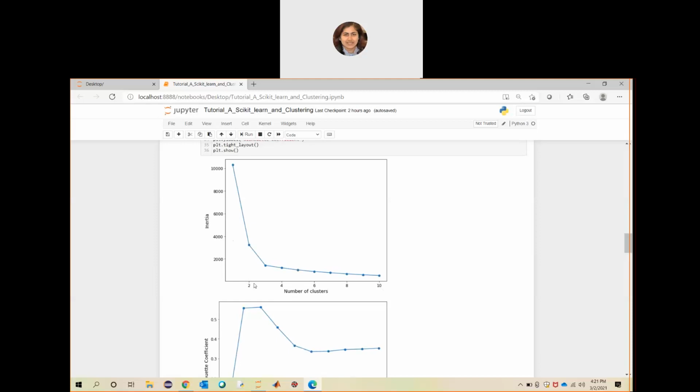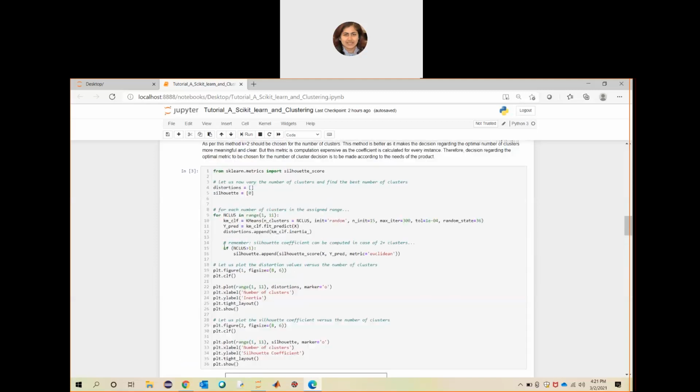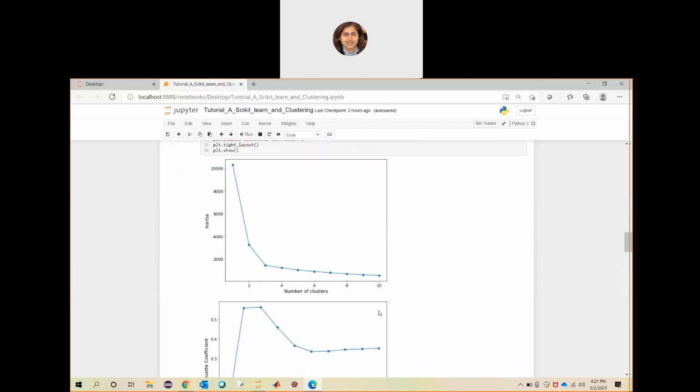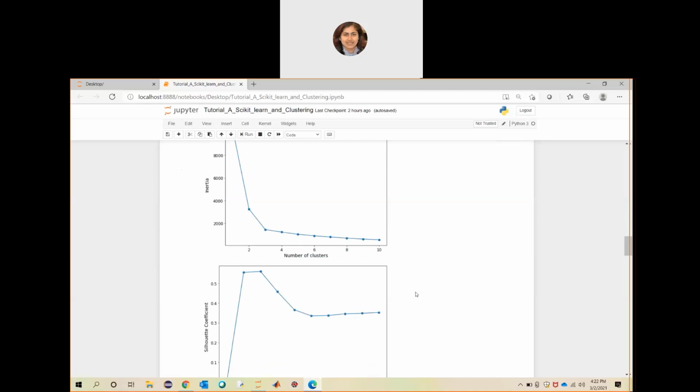Okay. So for the first x-axis value 2, the inertia value is somewhere in between, I think it will be 3000 something. And then for 4, it is less than 2000. So like this, the plot will give you a measure to understand what distortion values you are getting. Then in the same way, this code is similar to the last one I was showing. Here I am just plotting all the inertia and Silhouette scores in the format of a plot to visualize what decision we need to make.